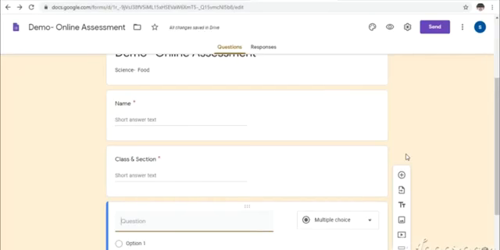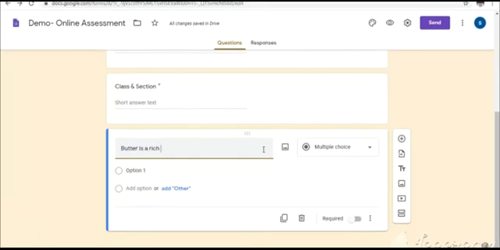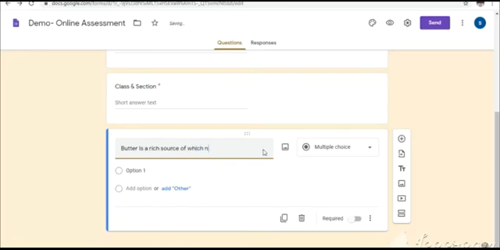Now the next question is a multiple choice question. Let me type the question: source of which nutrient? This is a multiple choice question.